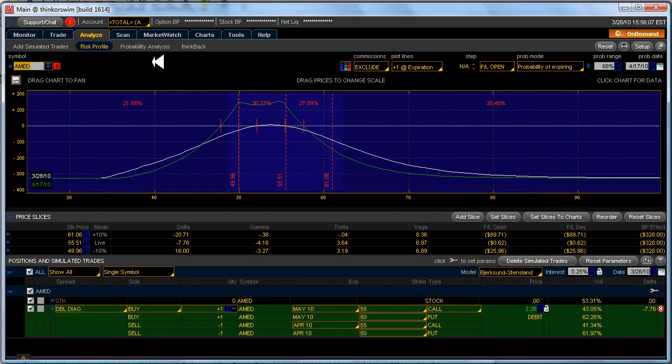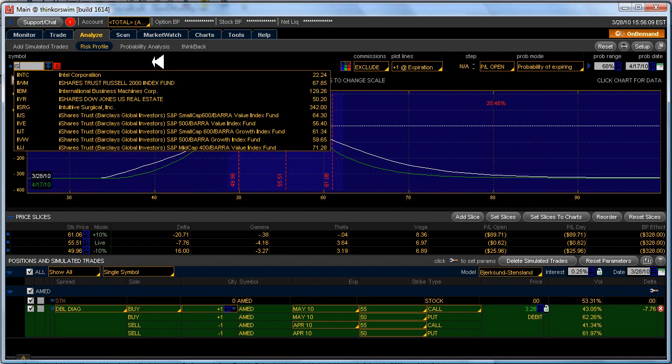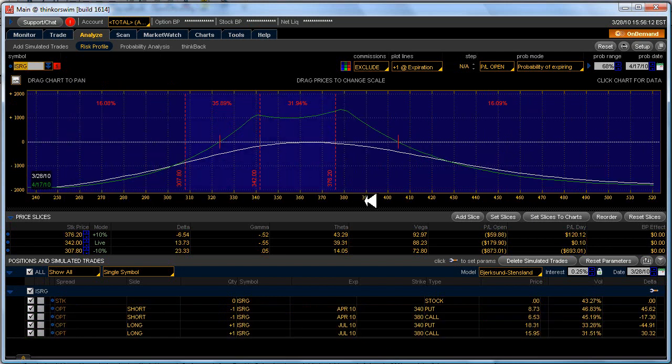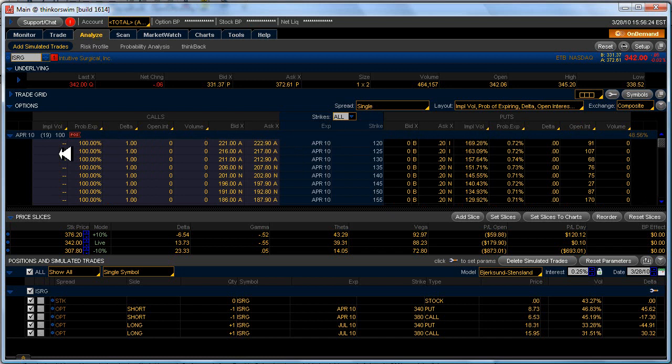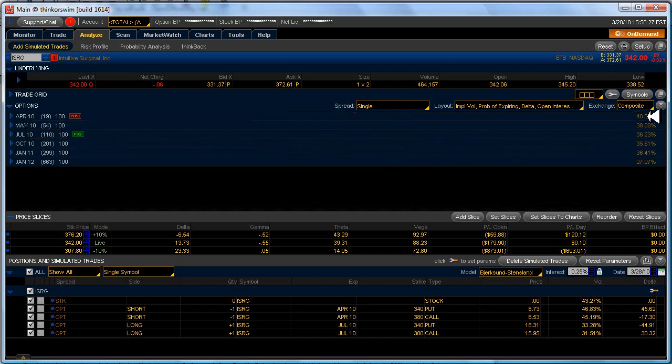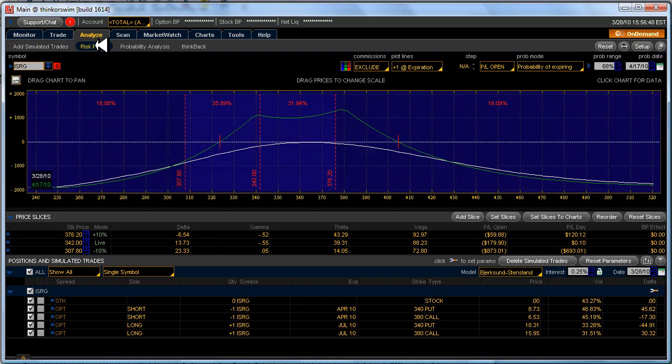So doing adjustments, let me show that. Let's go to Intuitive Surgical, which is a live open trade that I have right now. You can see that because the front month volatility was so much higher than the back month on this, if we take a look at the implied volatility, you can see over here front month is 48 and the back month is 38. That's 10% difference. Or actually a July, I'm sorry, we have a July here. That's actually 48 to 36, so that's 12% spread on the implied volatility,